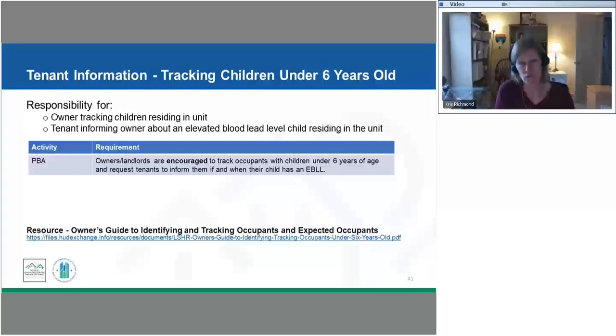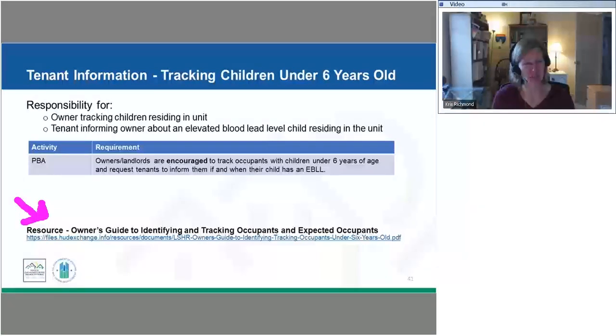So it's important for the owner to have a good handle on that so that they're able to implement the requirements pretty quickly. We do have a resource in our toolkit. Later on in the slides, we have links to get to our toolkit, and you're going to start to see